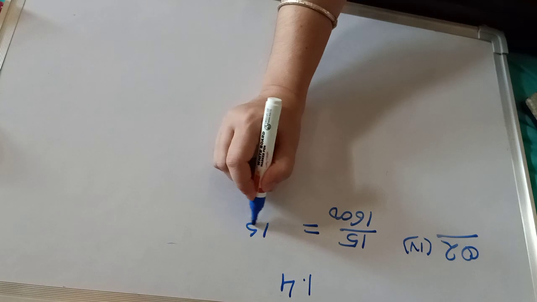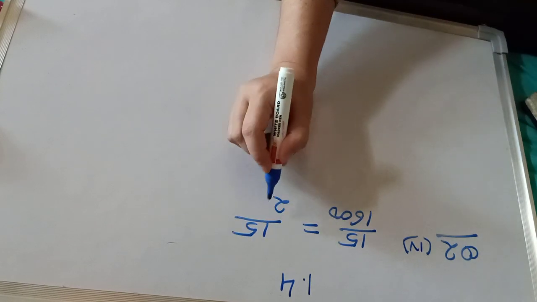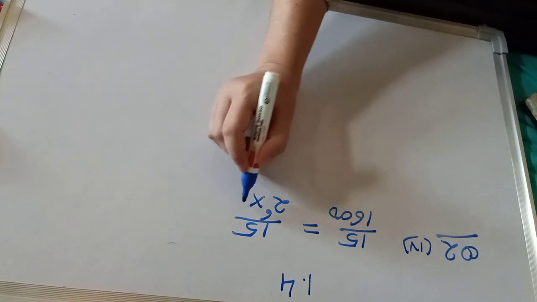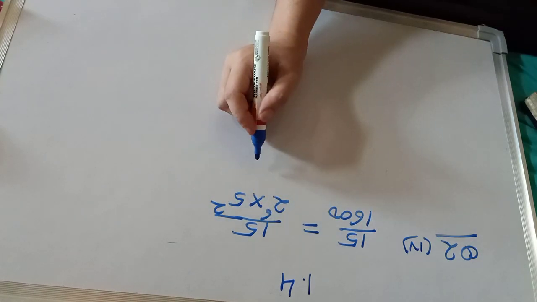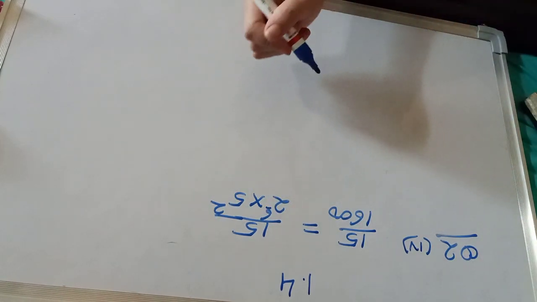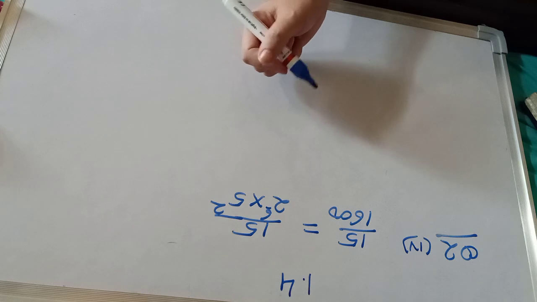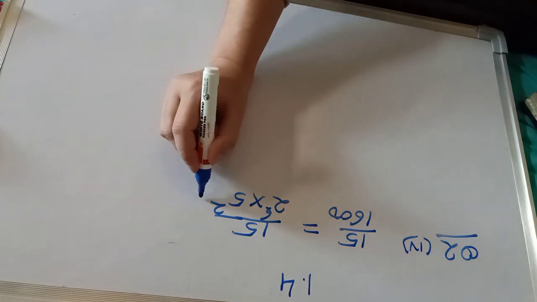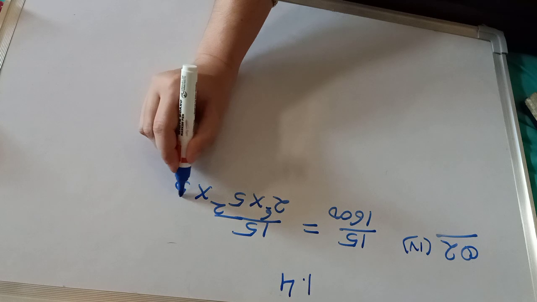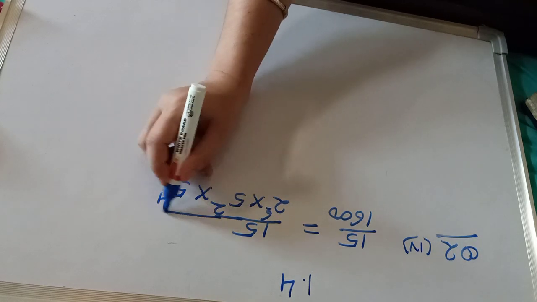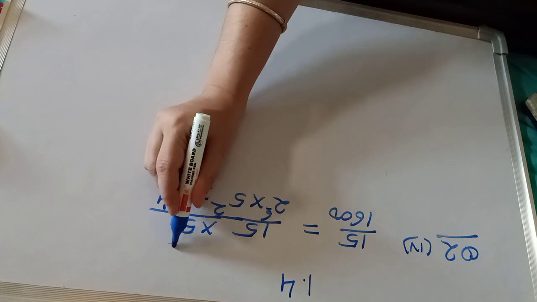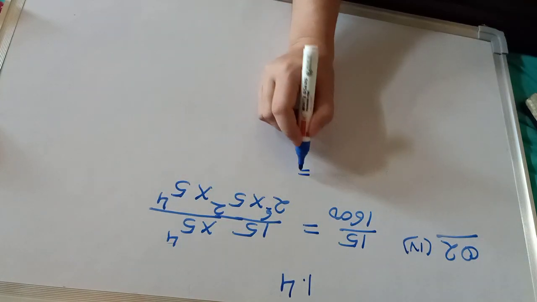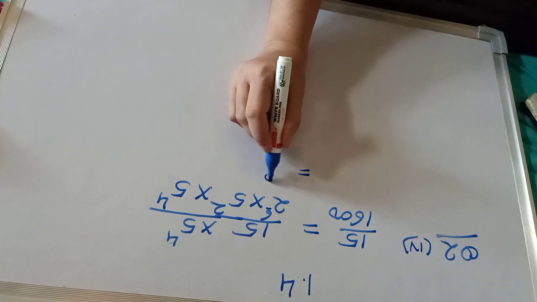It can be written as 15 upon 2 raised to power 6 into 5 square. Now here I have only 6 twos, that means I need 5 raised to power 4, and I need to multiply it with 5 raised to power 4 also. So it can be written as